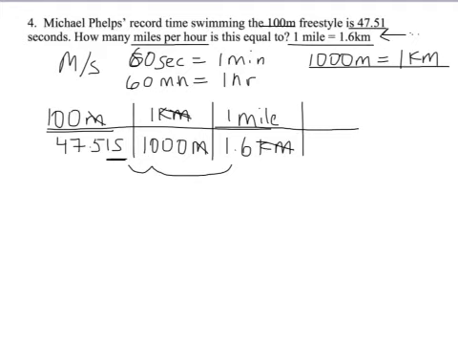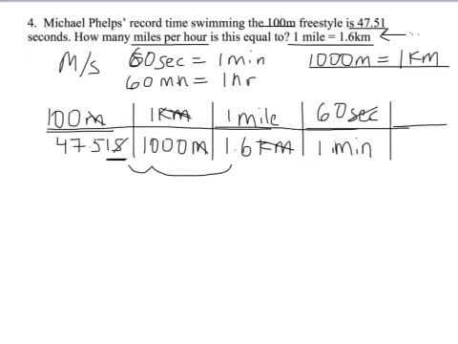So in order to change that into hours, we can first go to minutes. And to do that, we want to get rid of the seconds. So if the seconds are on the bottom, we want to do seconds on top. So we'll put the 60 seconds here, and we'll put the 1 minute on the bottom, and then finally